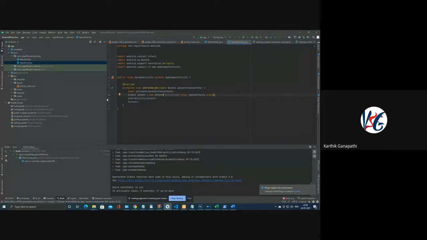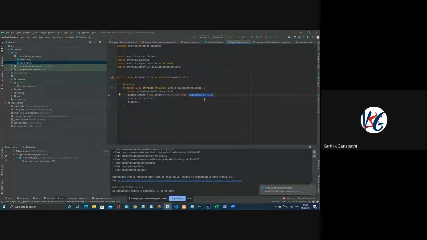Now, what we are having a look at is this splash screen activity. After a few seconds, it is going to migrate from this particular screen to which screen? It is going to migrate to the main activity screen. So the transition is going to happen from the first screen to this particular screen.